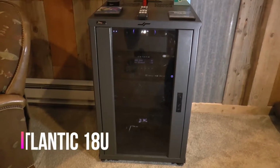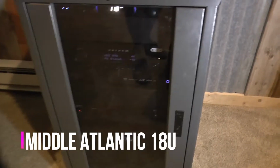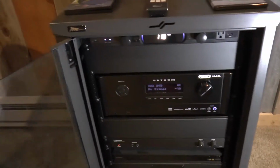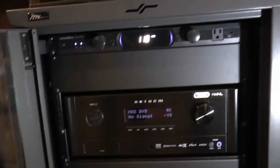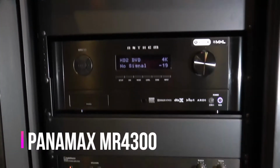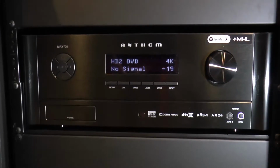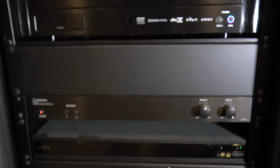So the equipment is housed in this Mid-Atlantic AV rack. I like to use this rack in a lot of my installs because it's small, easy to operate, and you notice some similarities with some of the other jobs I've done. You've got the Panamax surge protector, and then an Anthem MRX 720 Dolby Atmos ready, and then we have a 2-channel amp down